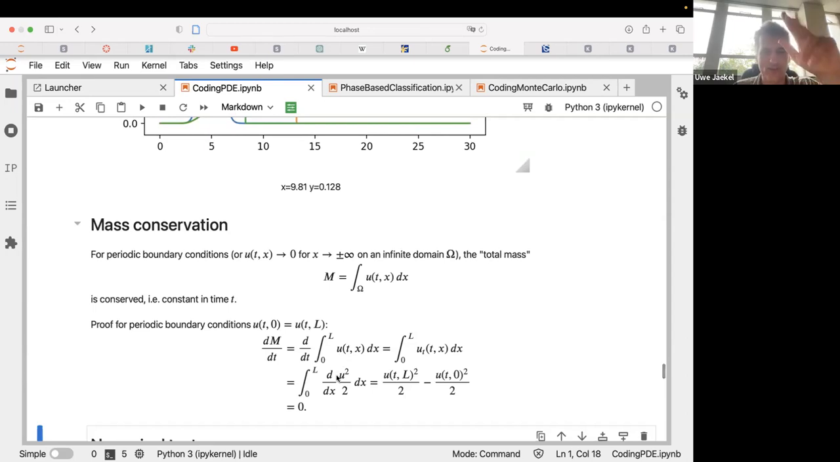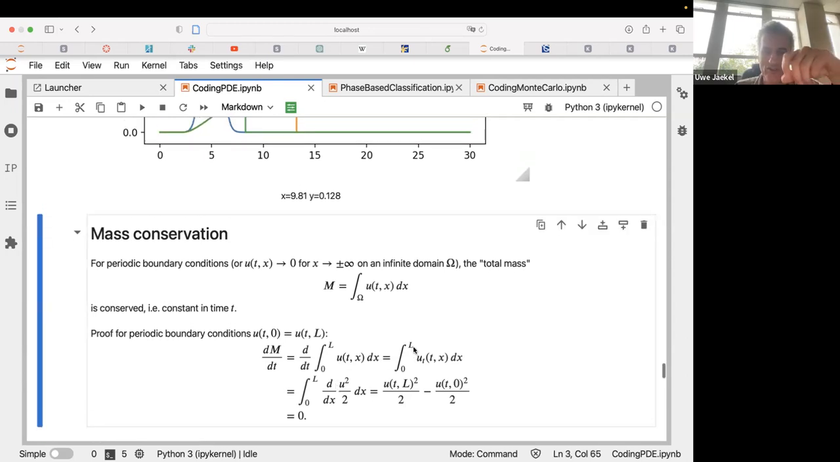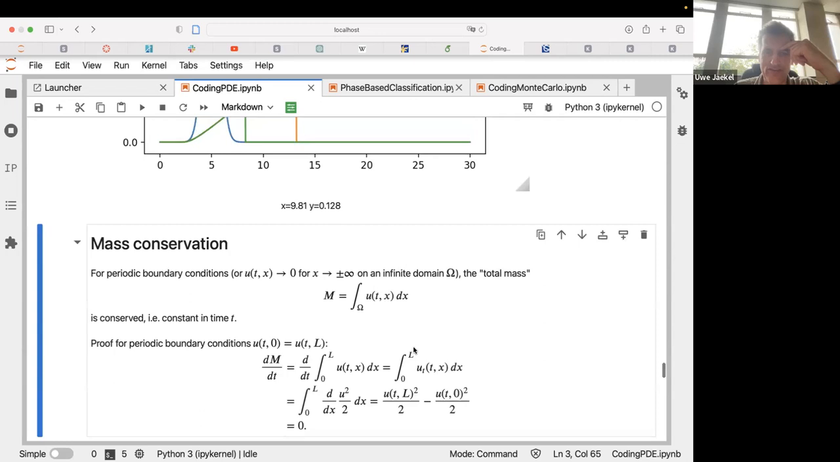equation. Sorry, I see one mistake. A consequence of the Burgers equation. Yeah, because if we take the time derivative of m, we do this only for the periodic boundary conditions here. We take the time derivative of this integral, and if u is well-behaved, which we assume, we can take this time derivative into the integral,